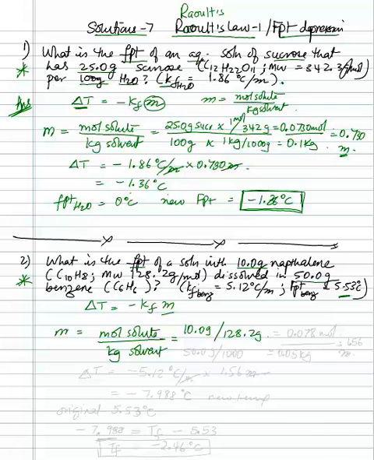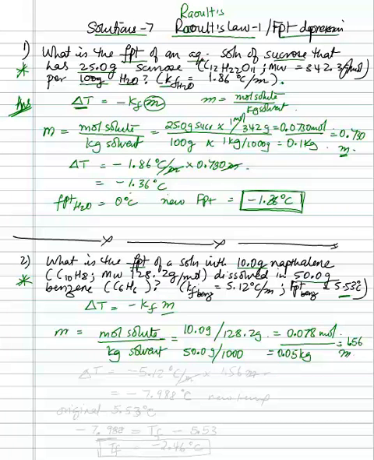Hopefully you're all comfortable with this now. And this is equal to 0.078 moles. The kilogram of solvent is going to be 50.0 grams divided by 1000, and that is 0.05 kilograms. Divide both of these numbers and you will get